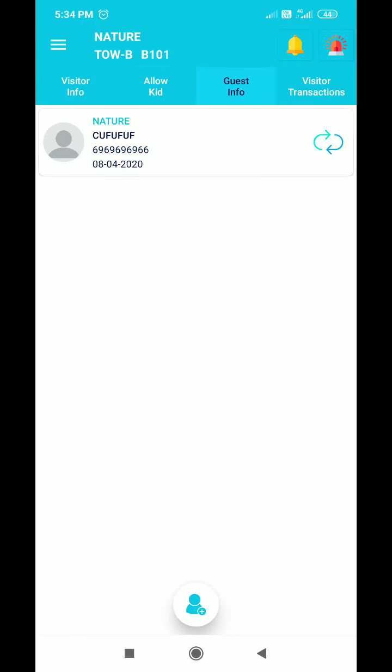This is another feature, guest information. I'll take a little time to talk more about this. If you invite 2 or 10 people or something like that, what happens is the society gate keeps calling you and asking for permission to allow the visitor in. The intercom keeps ringing and keeps disturbing you. So once you invite anyone and send the respective card, at the same time you can create the list in this.